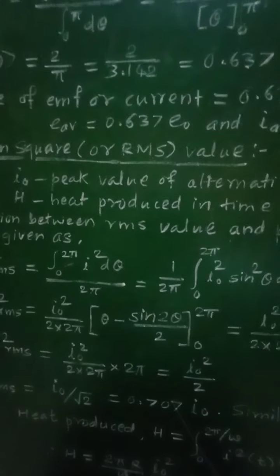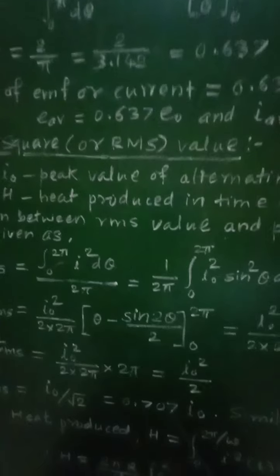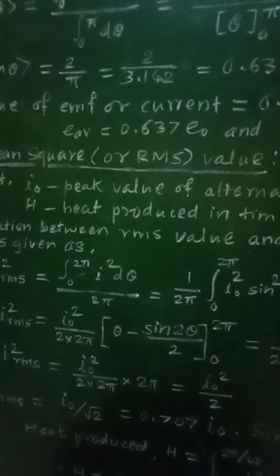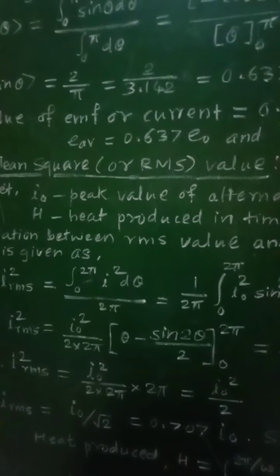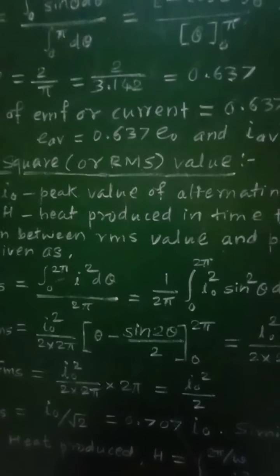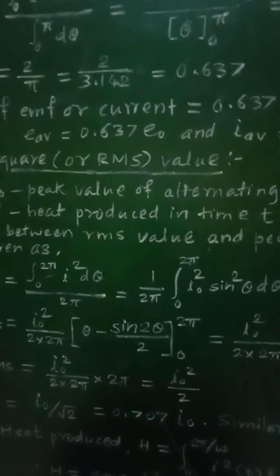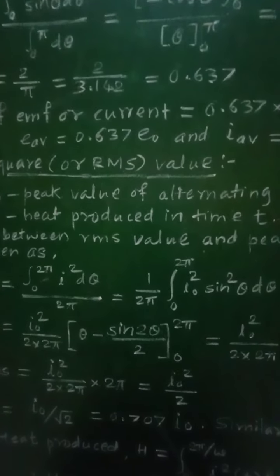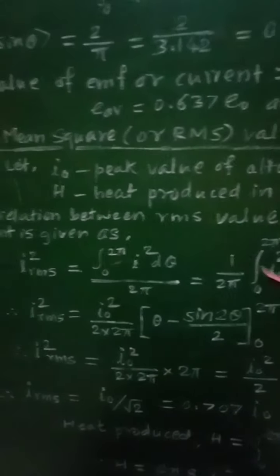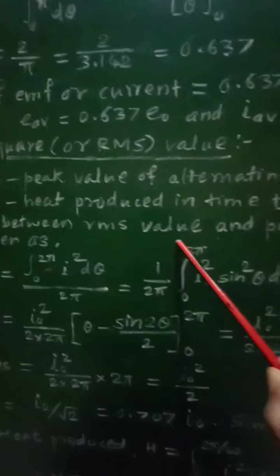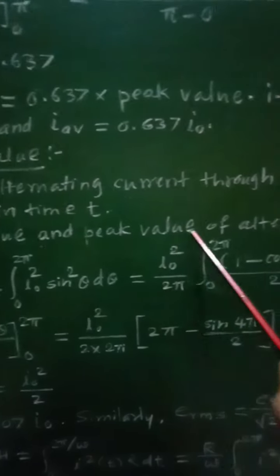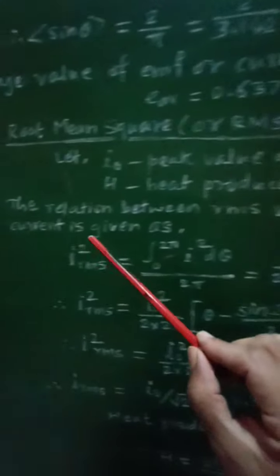So if you consider this steady current flowing through that resistance, it is called the effective value or virtual value or RMS value of the given alternating circuit, denoted by IRMS. And therefore the relation between the RMS value, that is root mean square value,